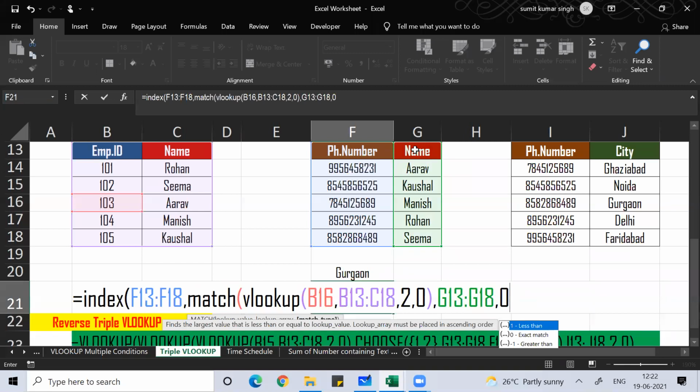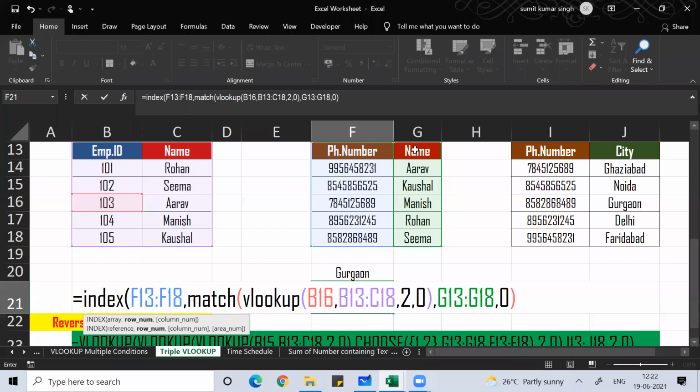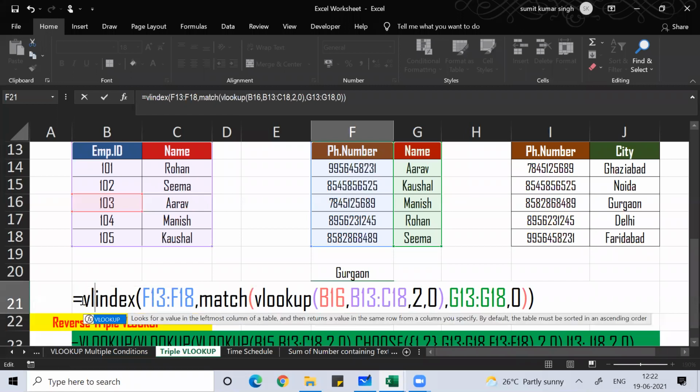Once you do this, you're done with VLOOKUP and you're done with INDEX. What you got, the phone number here, that would be the lookup value.